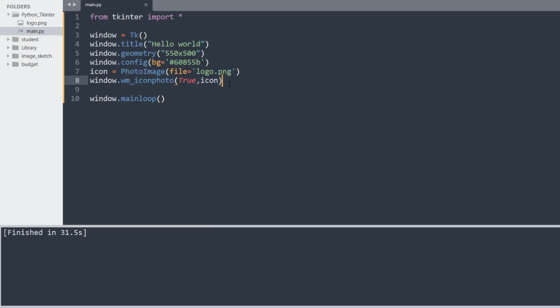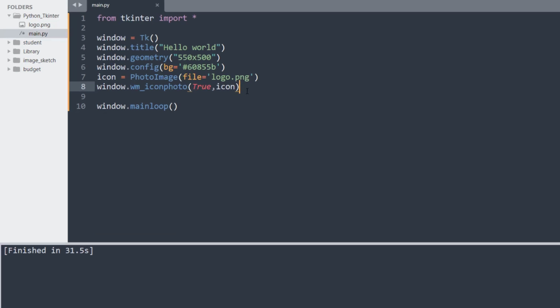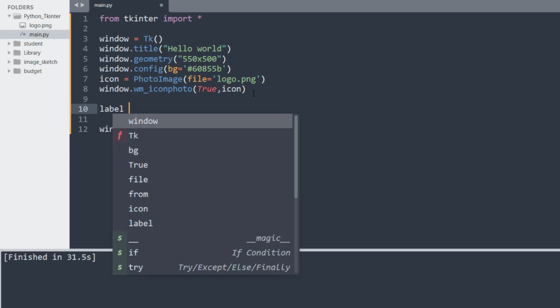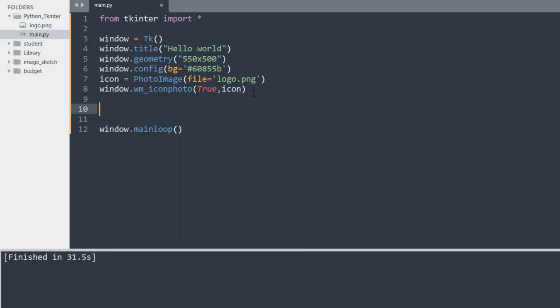So we are here inside of our text editor. This class is from the last one. In order to create a label in Tkinter, first we have to create a variable called label, or a variable. The name doesn't need to be label. The name can be anything. For example, let me change it to name.